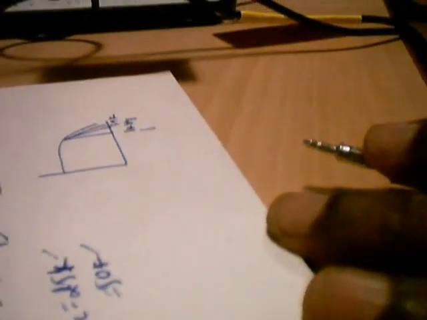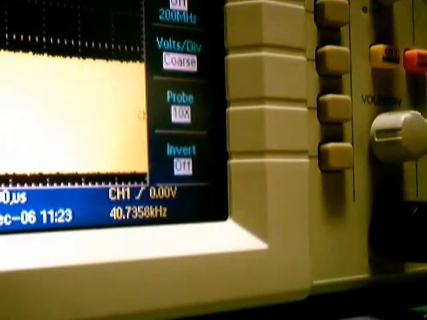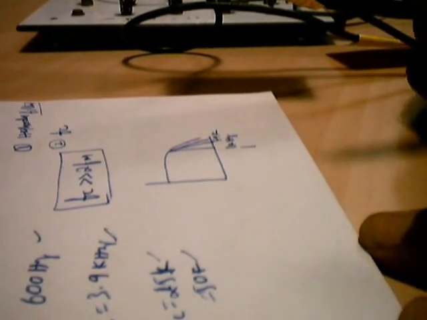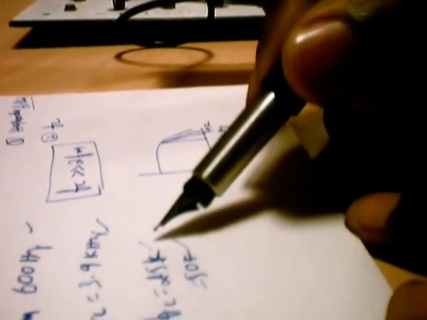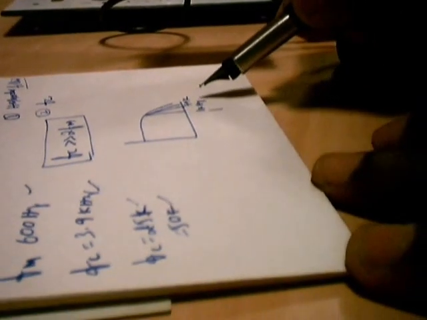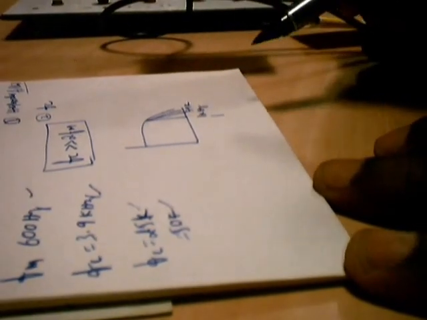Because whatever ripple frequency I had, which is of the order of 40 kilohertz, I kept it around there. So this is the carrier frequency, which is around 40 kilohertz. Now this 40 kilohertz happens to be in the stop band of the low pass filter. Whereas in the earlier case of 3.9 kilohertz, which was close to the pass band, it was also coming through the low pass filter. Now I intentionally made the carrier frequency fall in the stop band of the filter.